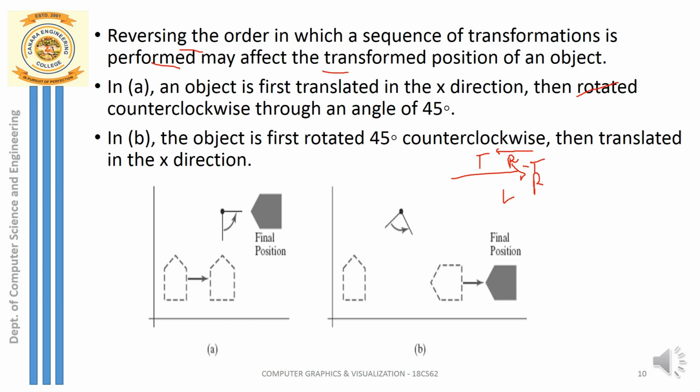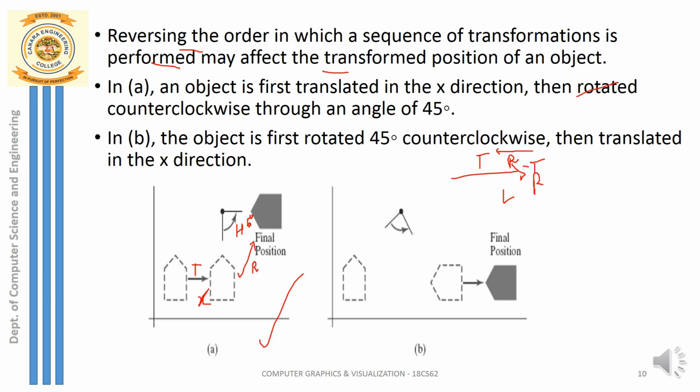The next point is, if an object is first translated, you can just look at this figure, concentrate on figure A. The object is first translated, you can see here in the x direction, this translation is happening along the x axis, and then you perform the rotation. We have rotated this particular object in the anti-clockwise direction, and the angle of rotation, say, is 45 degrees. So what is the order you have made? First translation, and then you perform the rotation. The rotation is in the anti-clockwise direction, that is a positive angle of 45 degrees.